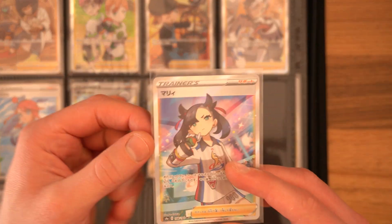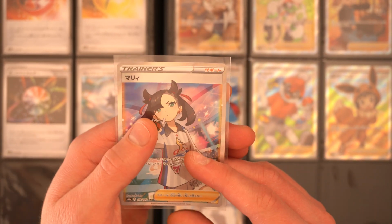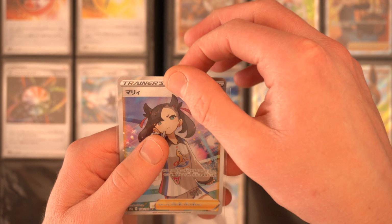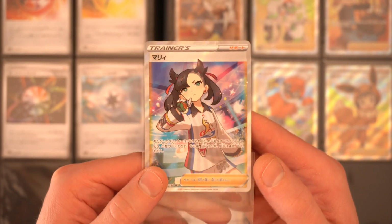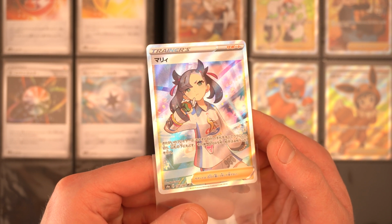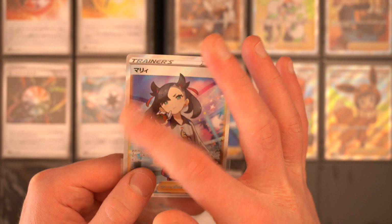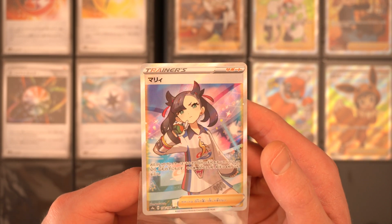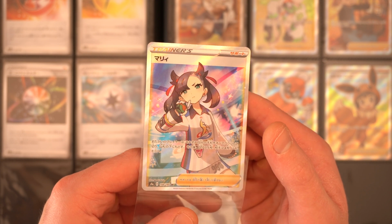There are a couple of things here. Marnie is a really popular character in Japan and around the world, but especially in Japan. The card is also super playable. It's a staple in most decks. You will see Marnie in basically every single deck. It's a really nice card. And the third component as to why this card is so crazy valuable is that it's illustrated